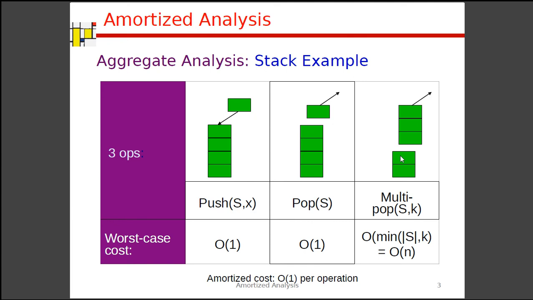Now it is not mandatory that we identify the search element at the beginning. If you observe, this particular operation is similar to linear search. Now linear search in its worst case will identify the element at the end. That means in the worst case, we will find the element at the bottom of the stack. So the complexity in the worst case will be big O of n, because we will have to compare n number of elements. So this is how aggregate analysis works in case of multi-pop.